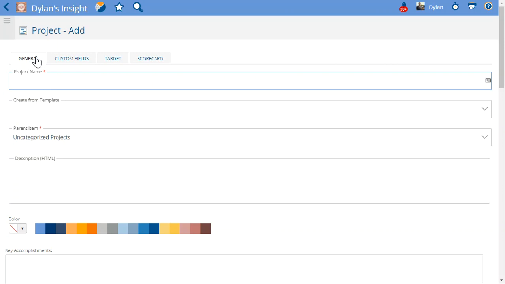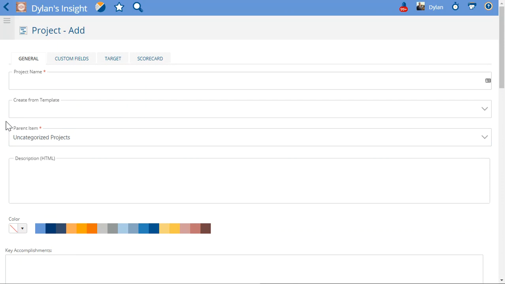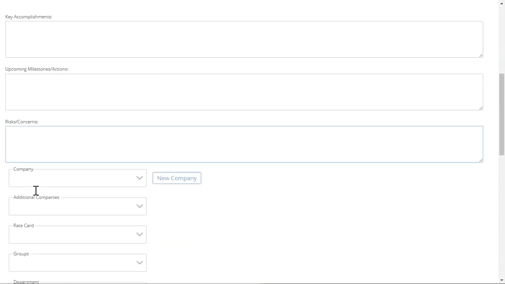Now, if you have this configuration turned on to actually choose where you're going to save your project, then you'll see this parent item drop down right here. You'll see in a minute where that gets configured. If you don't have that checkbox on, where we're going to go to, then this won't even appear. Now it says uncategorized projects because, and if I actually save this as a test video project, I hit save,